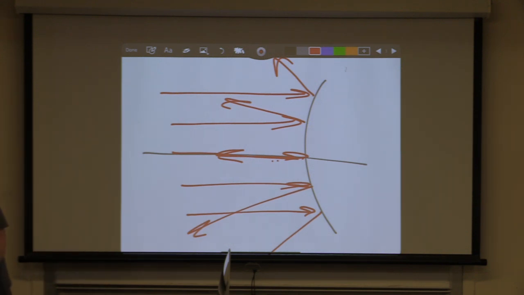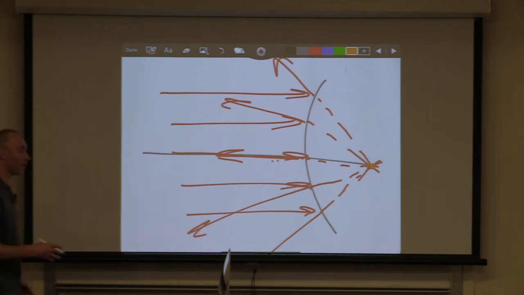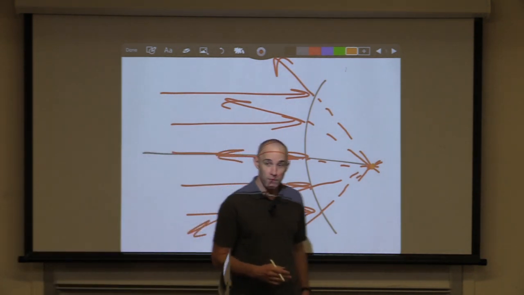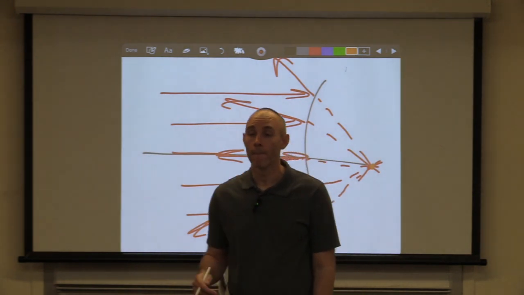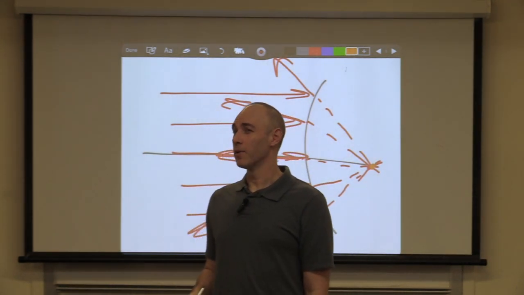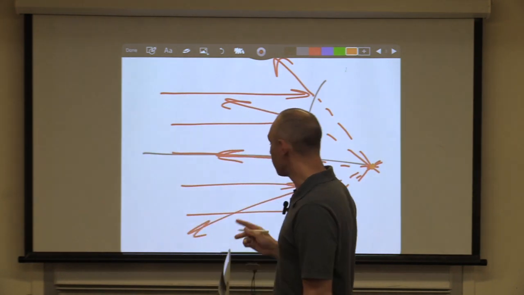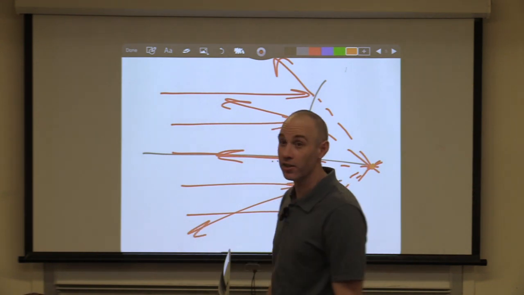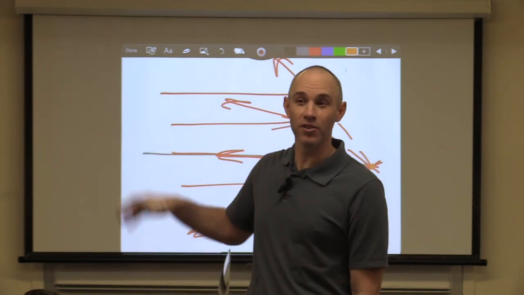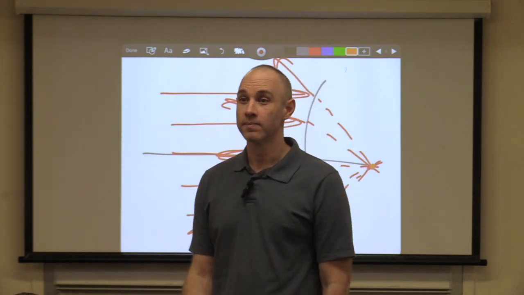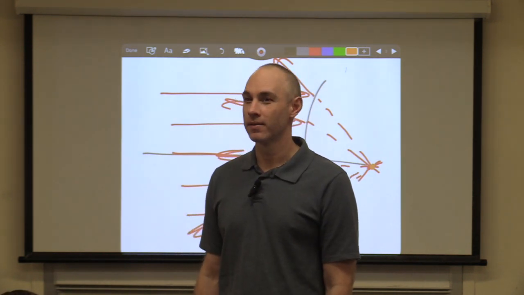But if I trace them backwards, they all meet at a single spot. This single spot right here, where all of those incoming light rays diverge from, is called the focal point. Yeah? Your eye uses lenses, not mirrors, but similar. Actually, believe it or not, it works more like the concave mirror, but this is the process that your eye uses to create an image. We're going to talk about that in some depth.